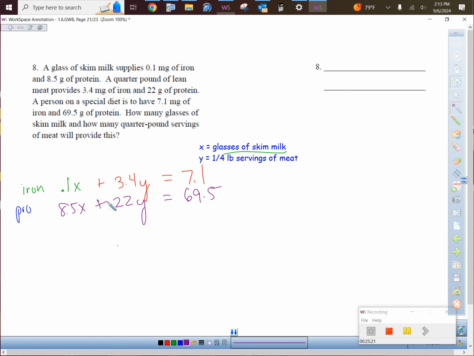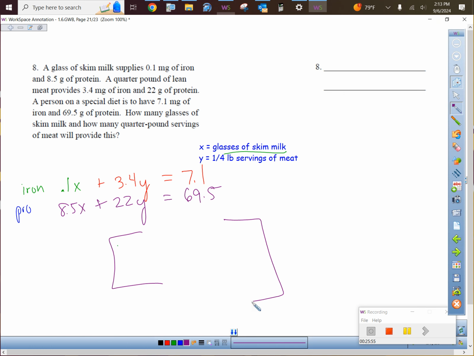While you're doing the matrix, people ask a good question. Does it matter that one of them's in milligrams and the other one's in grams? It doesn't, because all of the iron was in milligrams. It was milligrams, milligrams, milligrams, and all of the protein was in grams, so you don't have to do any converting there. All right, so you can punch that into your matrix